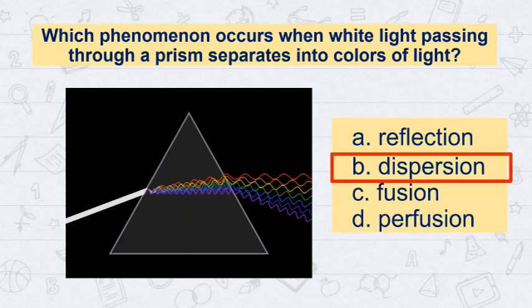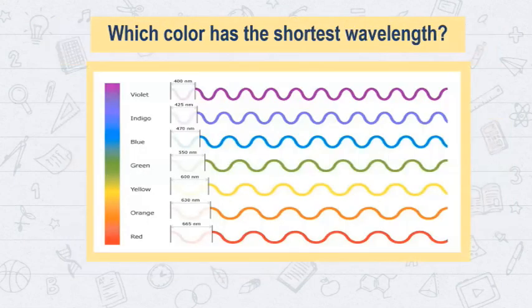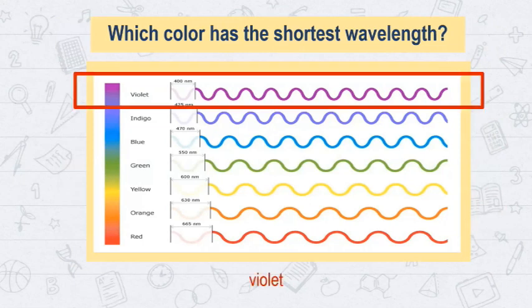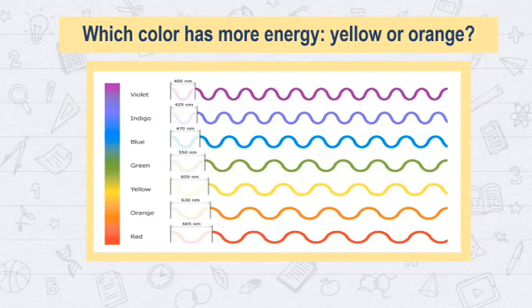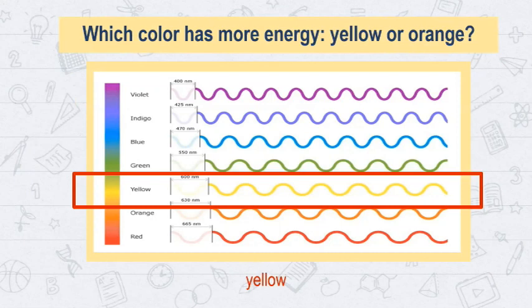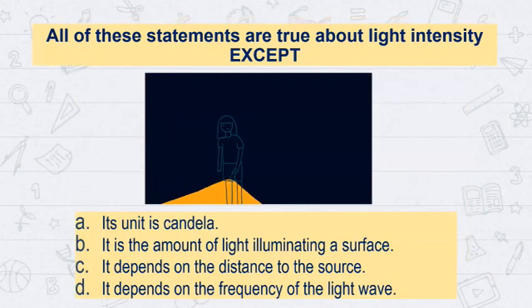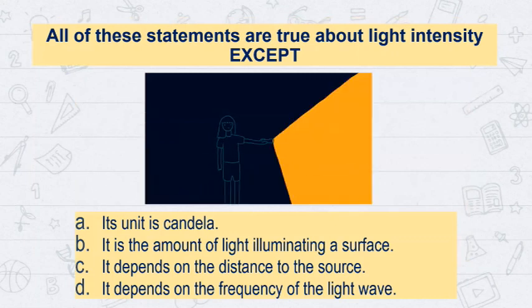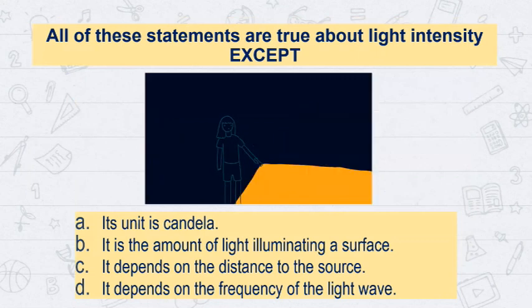You're doing well. Let's try this one. Which color has the shortest wavelength? Correct, the color violet. Which color has more energy, yellow or orange? Right, the color yellow. Finally, all of the statements are true about light intensity except